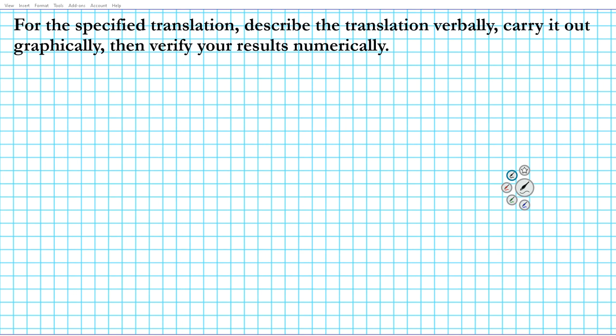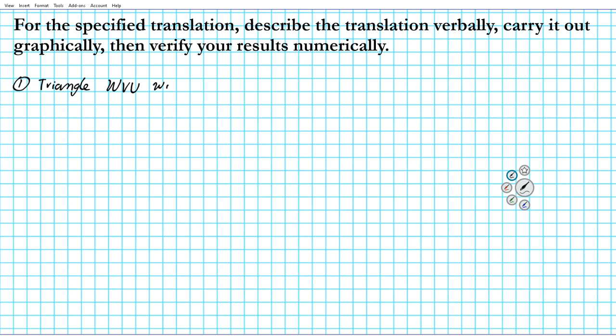So instructions are for the specified translation. You have to describe the translation verbally, carry out graphically, and then verify your results numerically. All right, so let's say we have a situation. Number 1, we have a triangle WVU